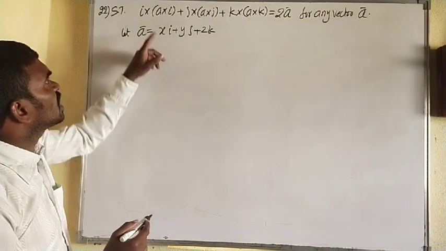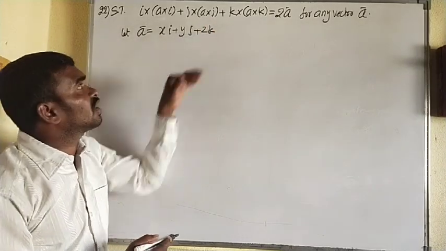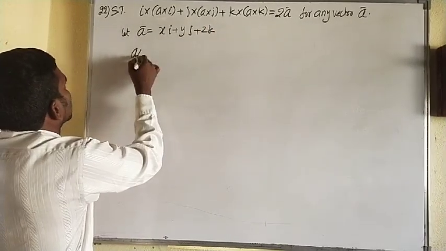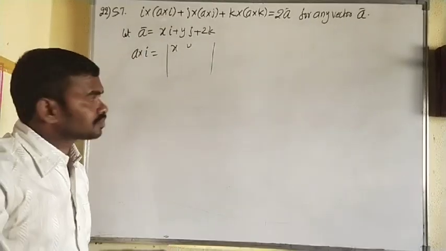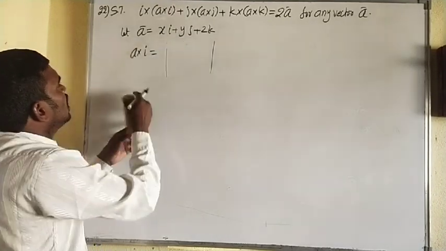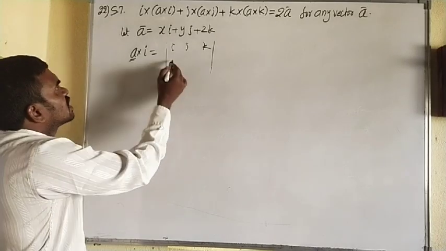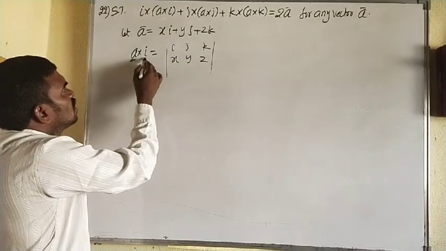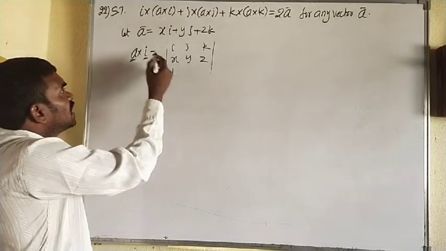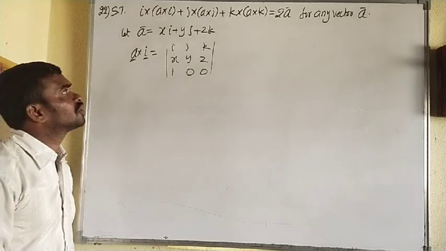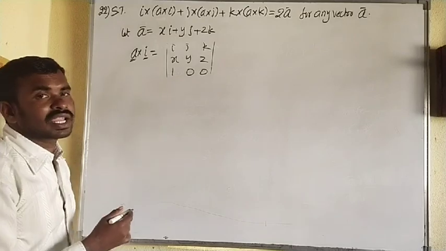So before taking LHS, first find what is A cross I, what is A cross J, what is A cross K. First I am going to find A cross I. A cross I means determinant ijk as usual. Next to it, vector A elements x, y, z. Next to that, the second vector only has I, so I coefficient is 1. What about j and k terms? Nothing, so 0, 0. Is it clear? So with 1 only, I can simplify. Remaining 2 terms I can write directly.